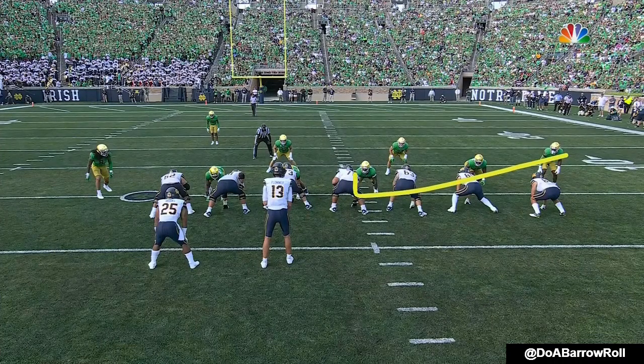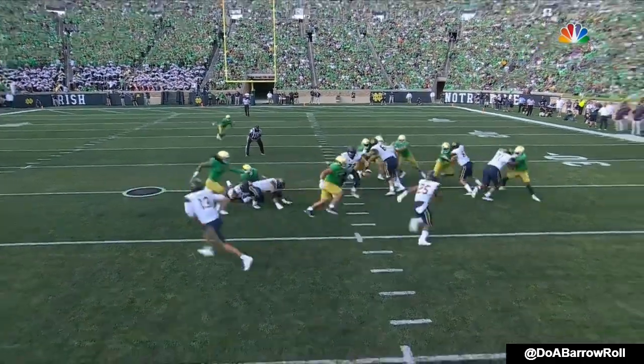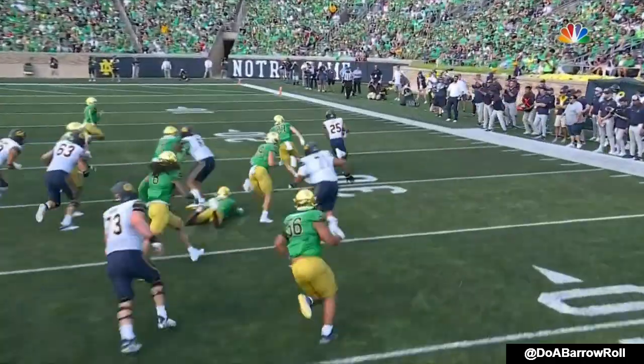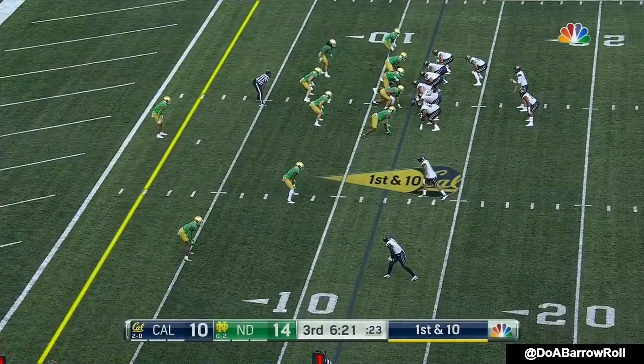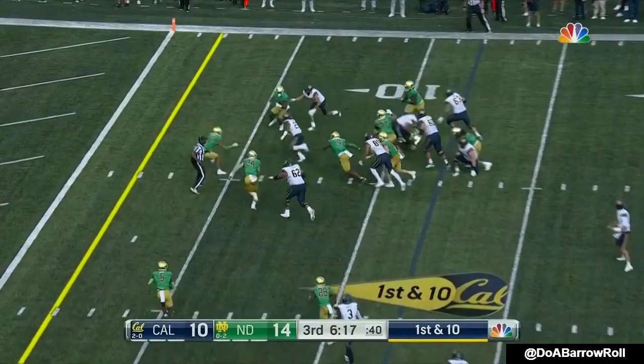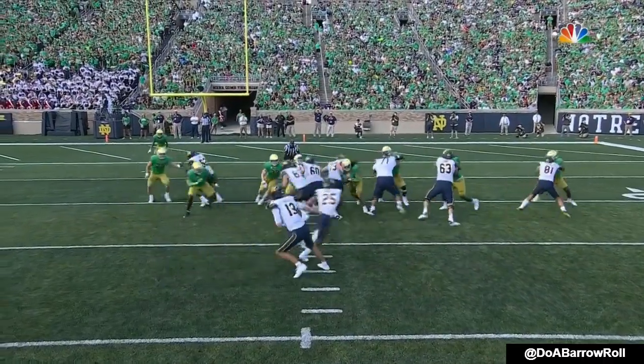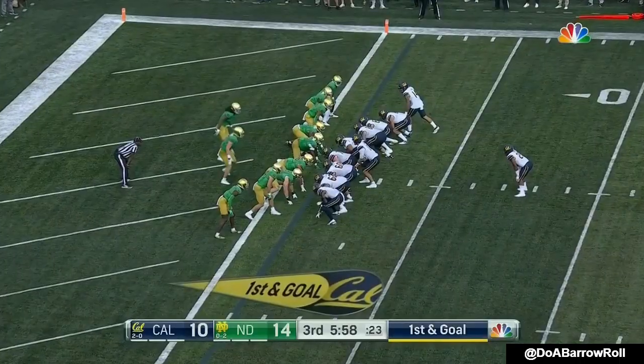We talked about these gap runs. Cal likes to pull their offensive lineman. Good example there, getting out into space with that pulling guard in front. Big run for the Bears. Gain 24, and they go right back to Brooks and goal. That's the old run it again. They run it again, they get back up on the...